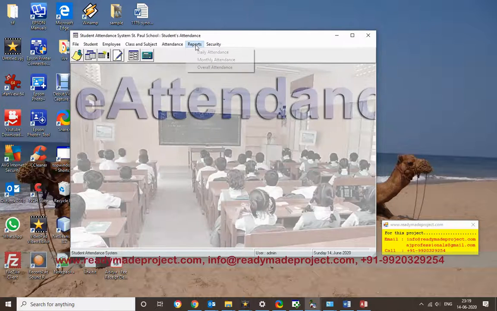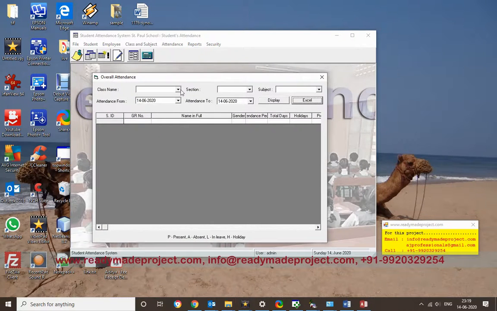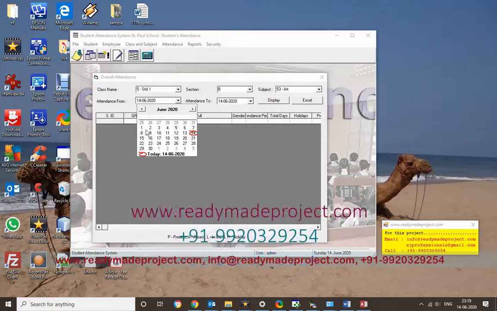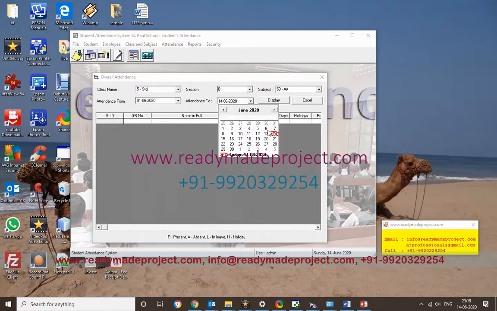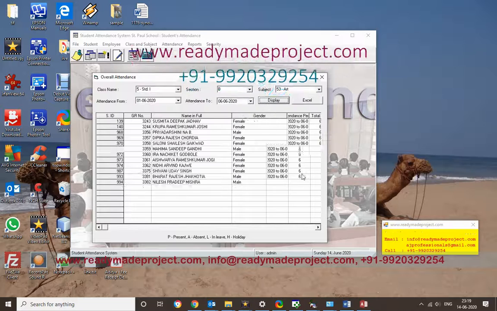Now the overall attendance. Here you can select the date from and to. I can generate for one week. Like I want to generate for standard 1, section, subject. Now I want to generate the report from the 1st to, say, the 6th, and display.